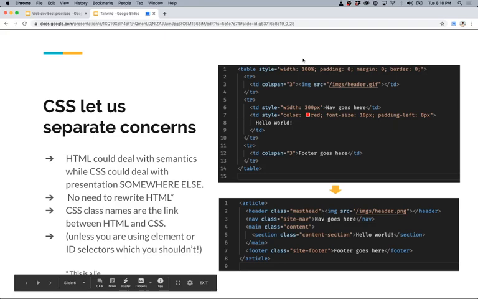But the nice thing is now we don't have to rewrite our HTML, right? The HTML is HTML. It's just a representation of content, as it should be. It's a hypertext markup language, right? So I've marked up the text in a way. And then the CSS classes live in a CSS file, and then I can put all my styling there, and you don't need to worry about it. So yeah, that's what our classes are. They are a link between the HTML and the CSS, unless you're using an element or an ID selector, which you definitely shouldn't do. Drew and I, I think, are on the same page on that. He had that in his link, but